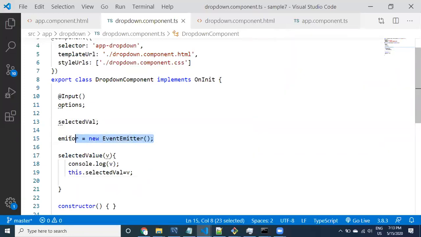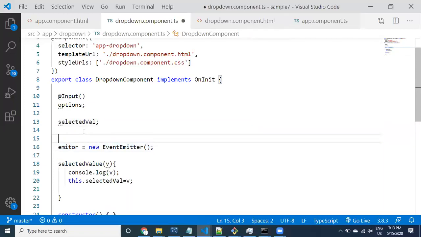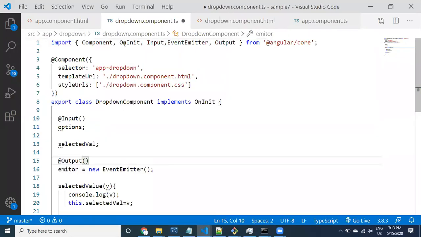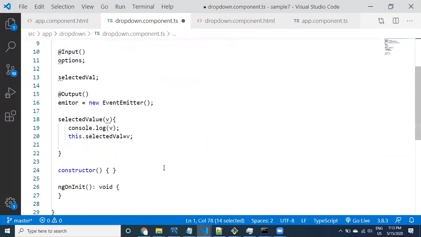And this is going to act as an output. Why? Because using this emitter only, we are sending the data out. We are giving the output. That's why we need to say Output. See here, guys, Output. The Output decorator is available in the core module. All these things are available in the core module. Right, so now once we have taken the emitter object,